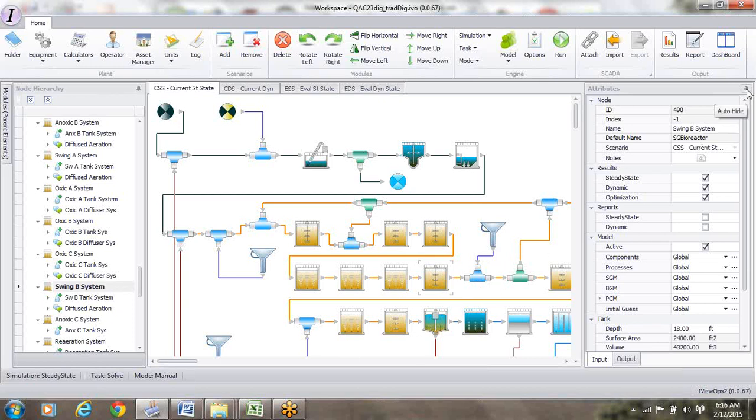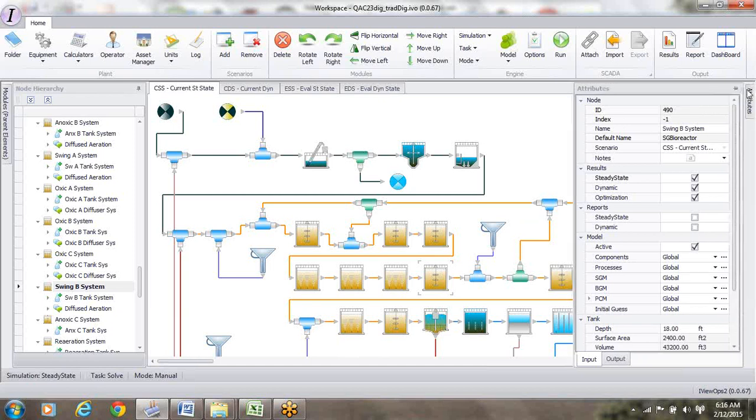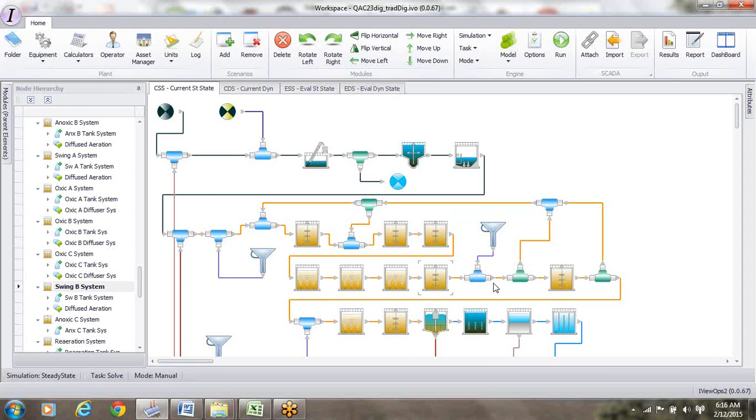And if I now undock this attribute so that you can view the whole screen, if you used a high resolution monitor like an HD monitor, you would be able to view the entire screen without any issues, without having to use the scroll bar. But right now I've undocked it. You have a dedicated second anoxic